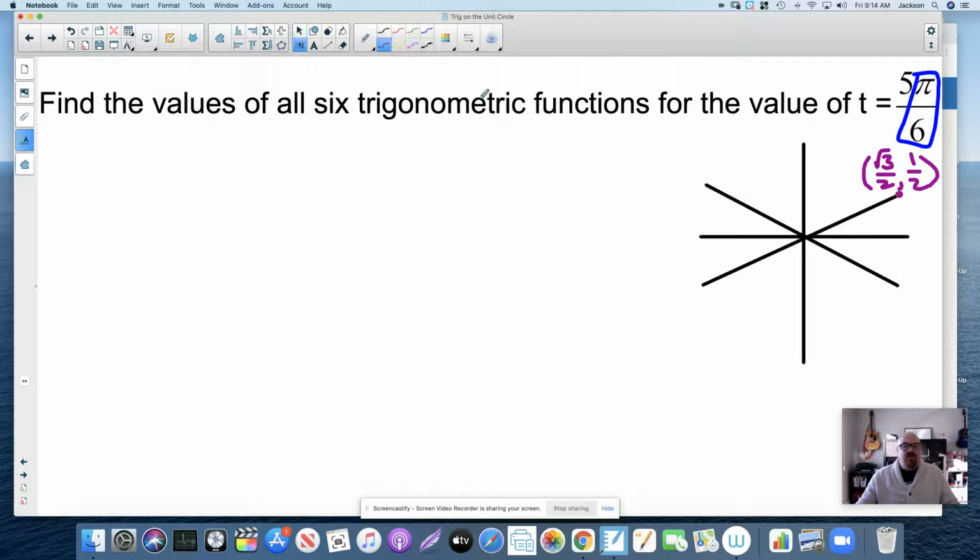So that means that the coordinates of this point are also radical 3 over 2 and 1/2. The question is, some of these, both have to be negative, right? Because we're in quadrant 2, where this is the origin. If I have to move to the left to get to this point, I know the x coordinate is negative, and if I move up, I know the y coordinate is positive. So this is a think aloud or a walkthrough of how I could get the coordinates of 5 pi